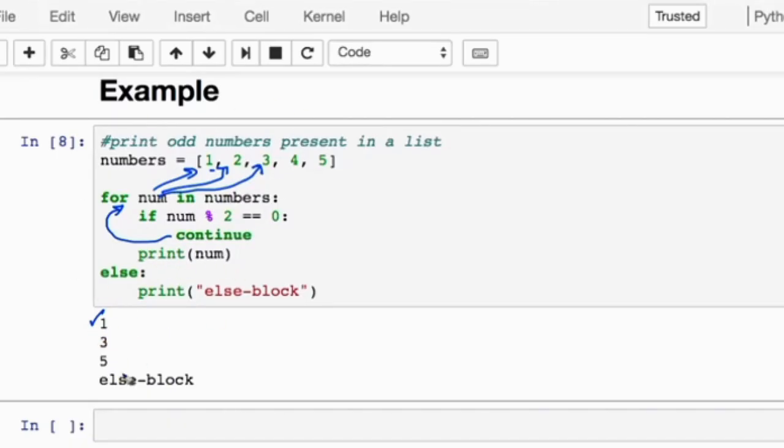You want to print only the odd numbers in the list, isn't it? So whenever this condition is satisfied, whenever it's an even number, continue. Don't run this line, because this whole block is your for loop, right? But what happens is after all the loops are over, it will still go and execute the else block. So it went through 1, 3, 5, and it's running the else block. Remember, your break